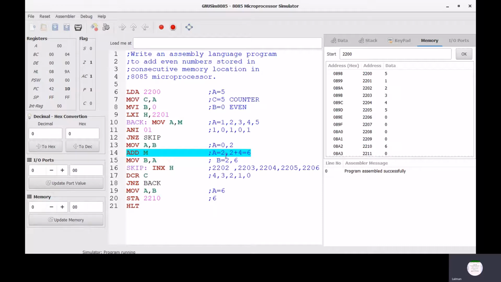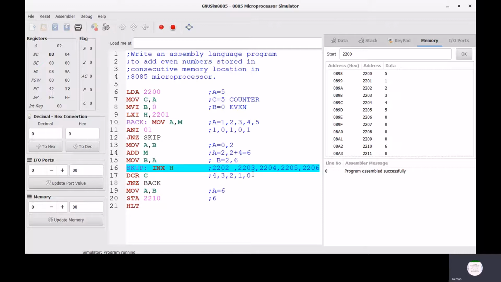So 0 plus 2 becomes 2 here. Then execute the next instruction MOV B,A. When we execute this instruction, the value in register B is 2. Now execute the next instruction INX H.